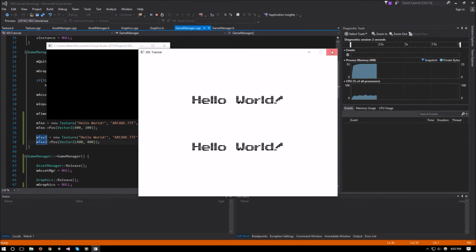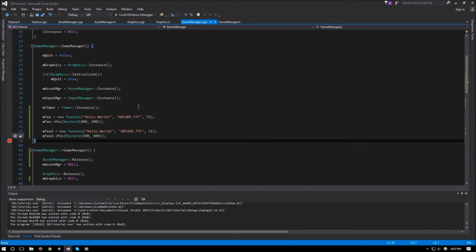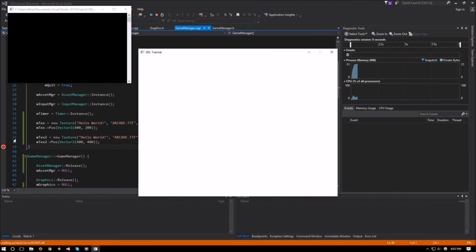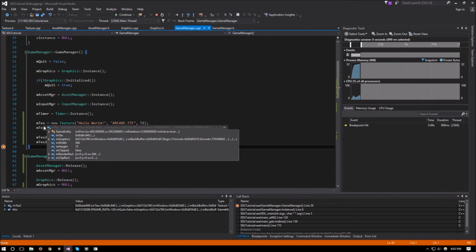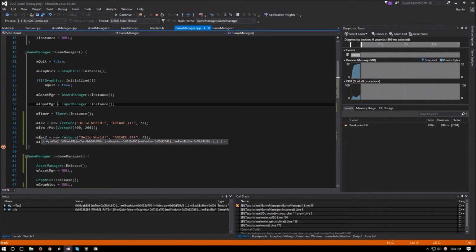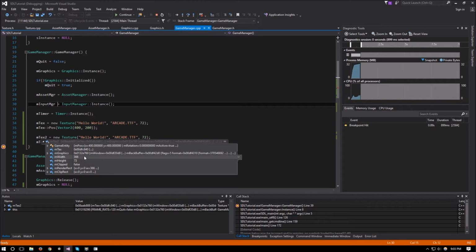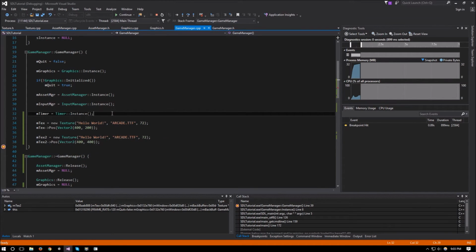And there we go. Now, if I go and put a breakpoint here, you'll notice that if I open up mtext, it's DFC 840. And in mtext2, I have DFC 840. So I'm not re-rendering the same thing twice. I'm just reusing the same one over and over again. And this is pretty helpful if you're trying to,